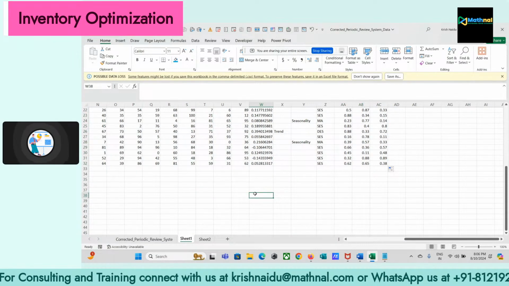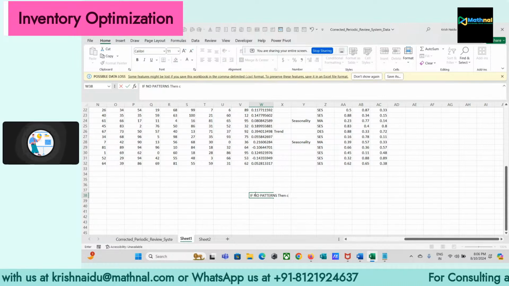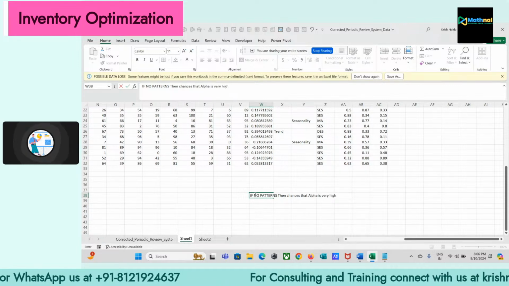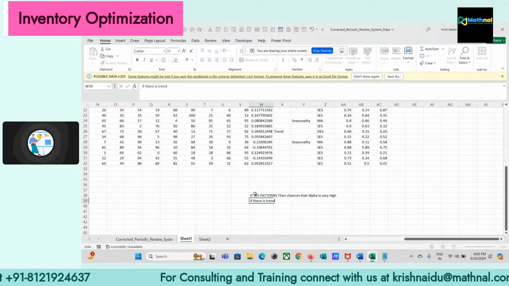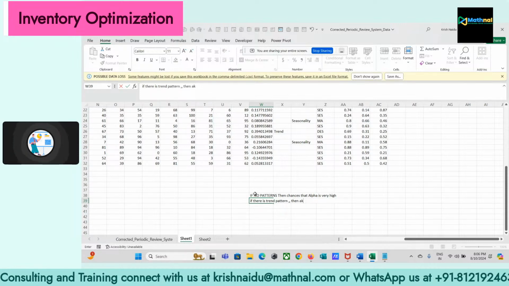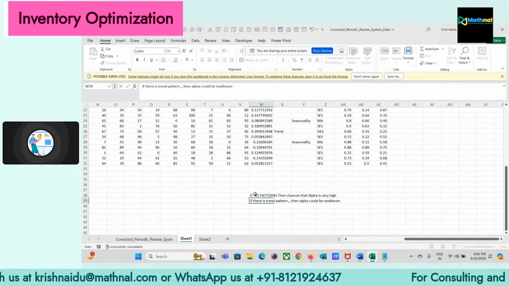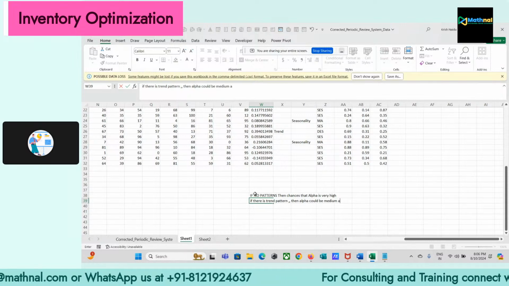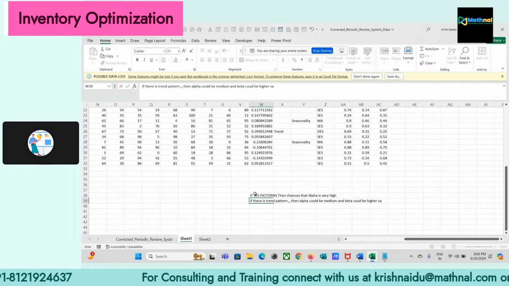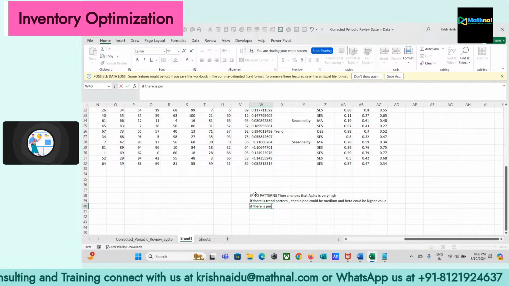So how this works is, if there are no patterns, then chances are that alpha is very high. If there is a trend pattern, then alpha could be medium, and beta could be a higher value. These are all possibilities. And if there is seasonality, trend, and pure seasonality,